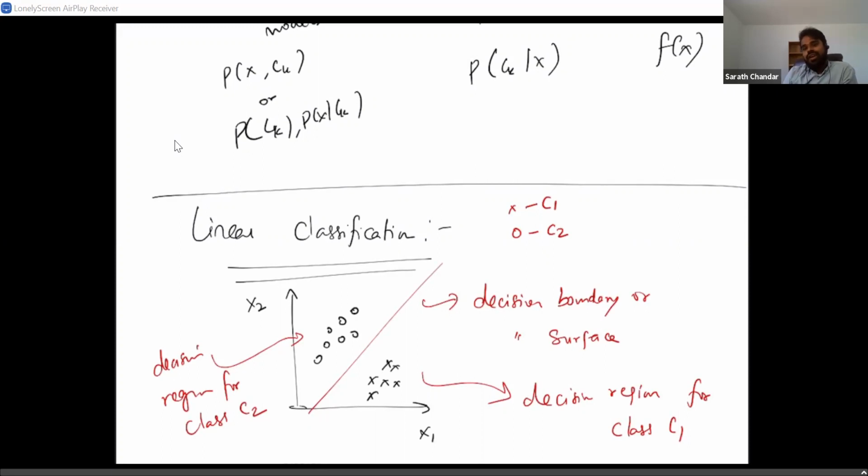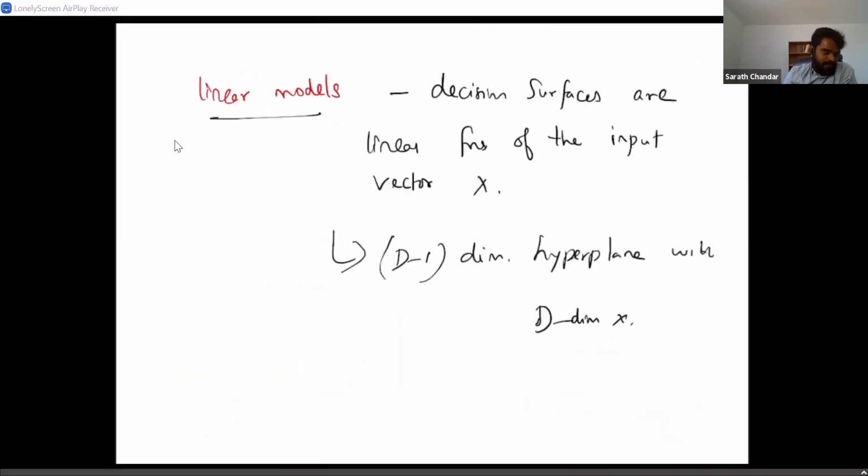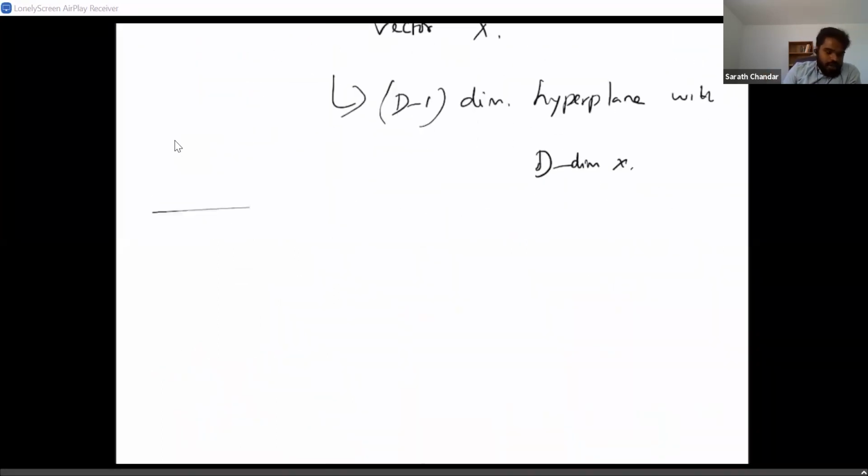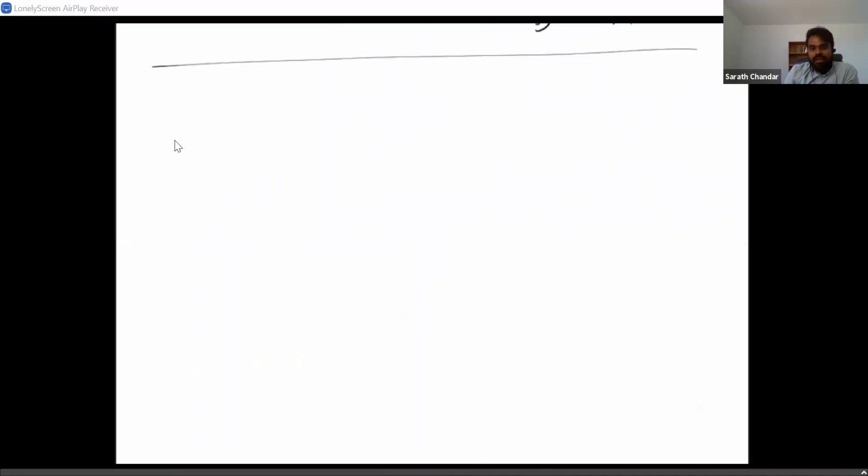If I have 3D data, then the linear decision boundary would be a hyperplane. It will be a plane for 3D, and for more dimensions it's going to be a hyperplane. Depending upon whether I can draw a linear decision boundary to classify the problems, we are going to divide problems into two types. One is linearly separable problems,